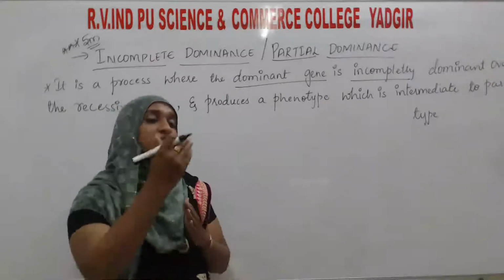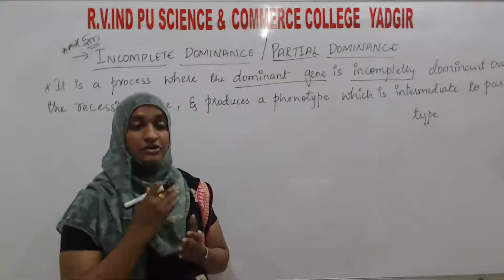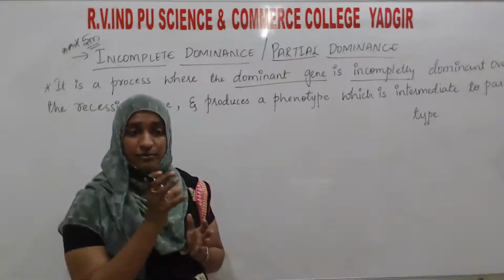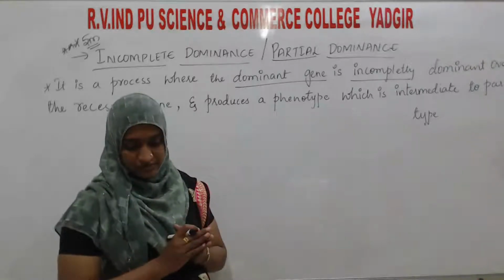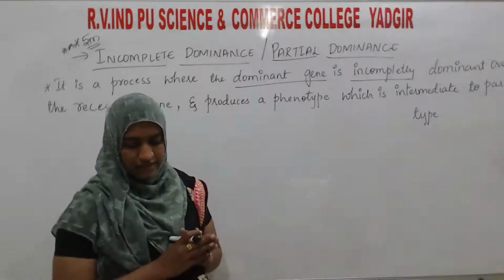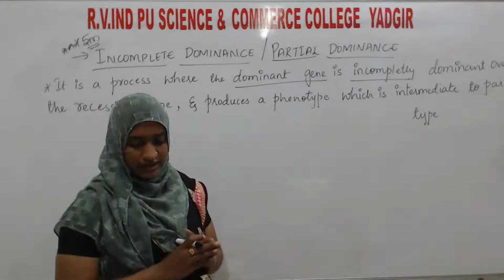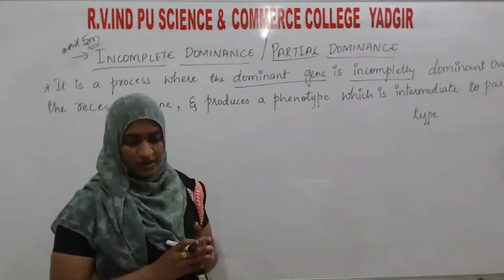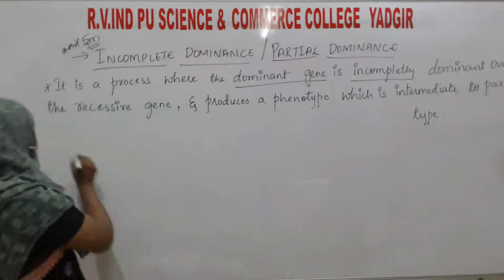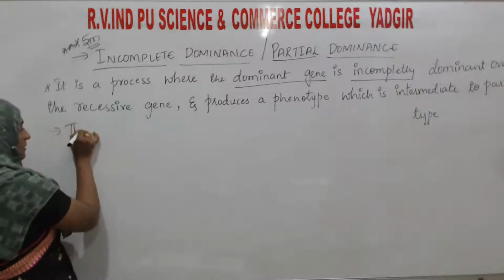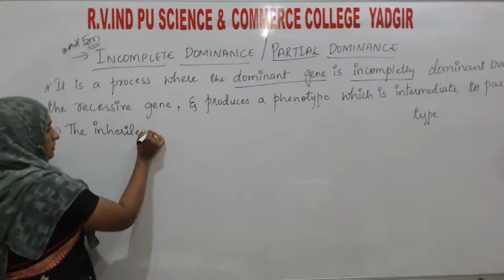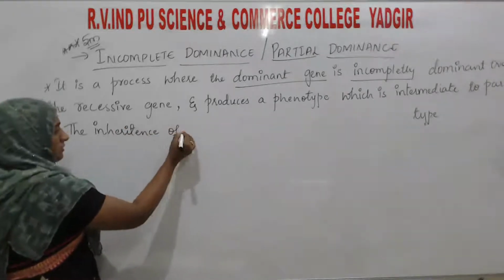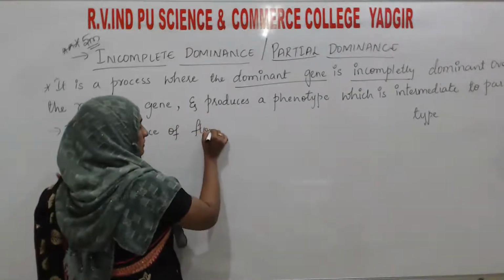Means they are not similar to their parents, they are different, because they are going to form an intermediate type which is not similar to their parents. So they had taken the example, the inheritance of flower color in